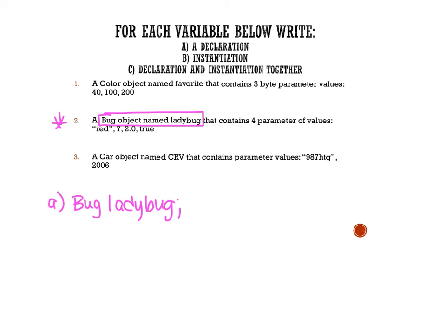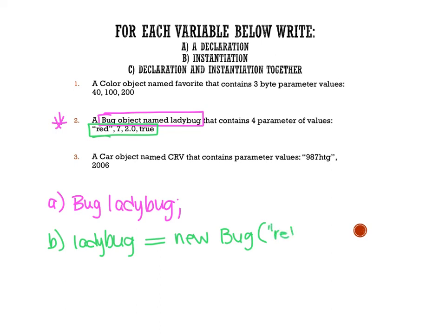Now my instantiation requires a little bit more information. I also need to include my list of characteristics, or my parameters. Remember, my instantiation has my identifier name, which is Ladybug, equals new object type, which is bug, and then in parentheses I have my parameters. So here I have red, 7, 2.0,